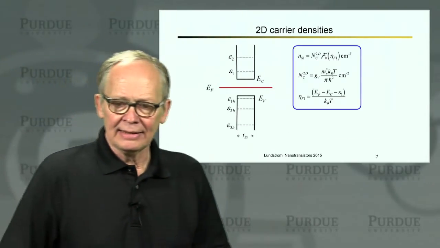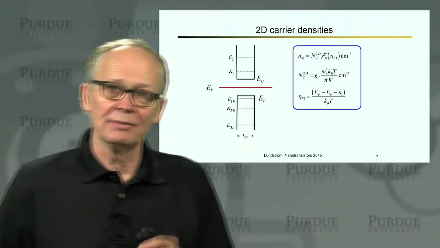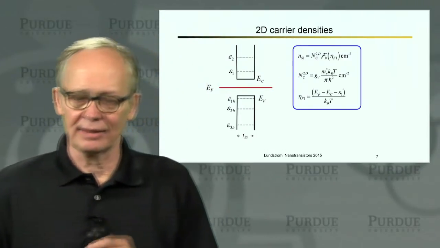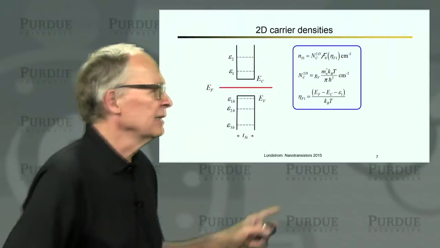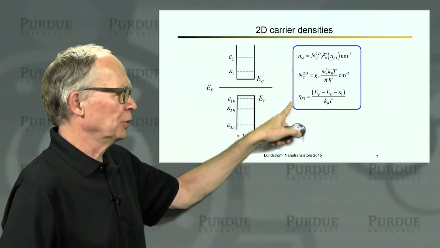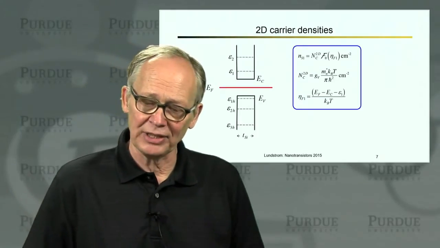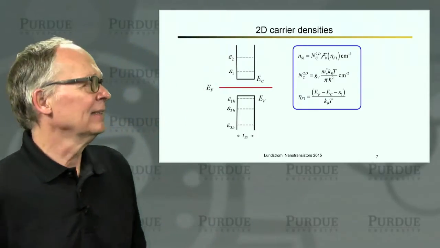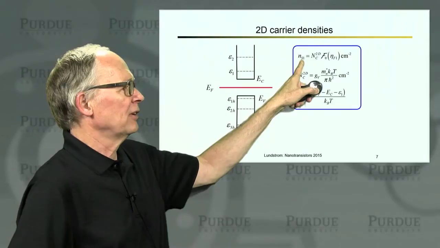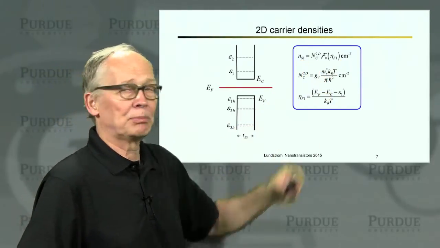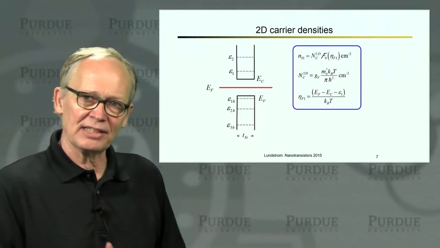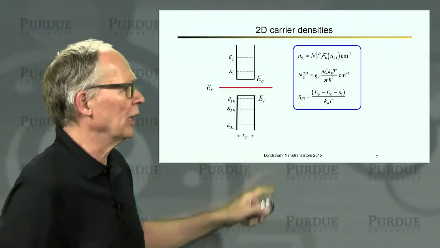All right. Now, we're going to be interested in electrons in the conduction band and electrons in the valence band. And these are the relations we will use. We're not going to develop them here. I'll simply state them. You may have seen them before, but even if you haven't, they're reasonable. The electron density now is going to be per square centimeter. It's the sheet electron density inside this well.